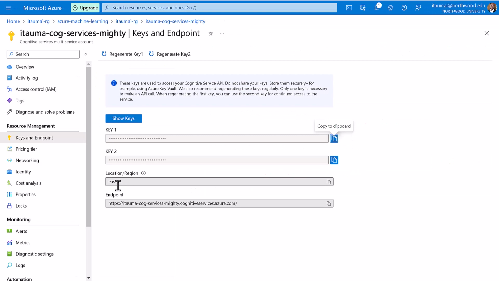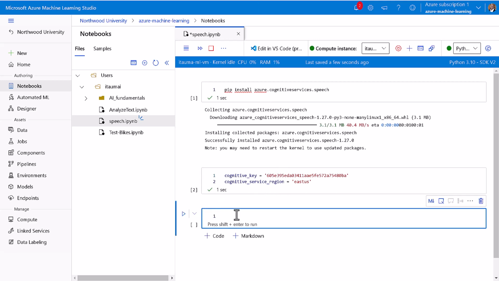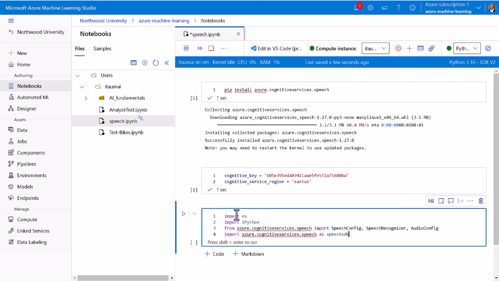Now, once that is done, we will need to import a couple of namespaces before we move forward, such as SpeechConfig, SpeechRecognizer, AudioConfig, which are objects and classes we need to use to communicate with speech REST APIs. Now, in here we have the import os and IPython. These are used for file system access and audio playback in the notebook. So click on run,